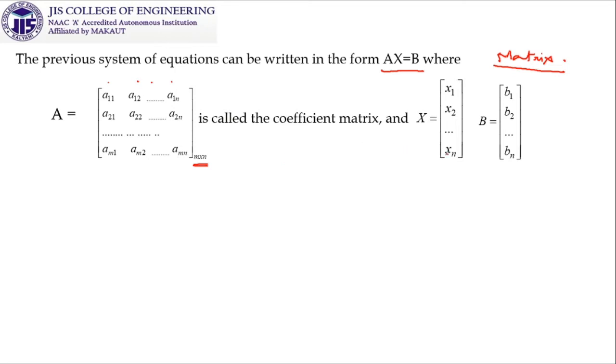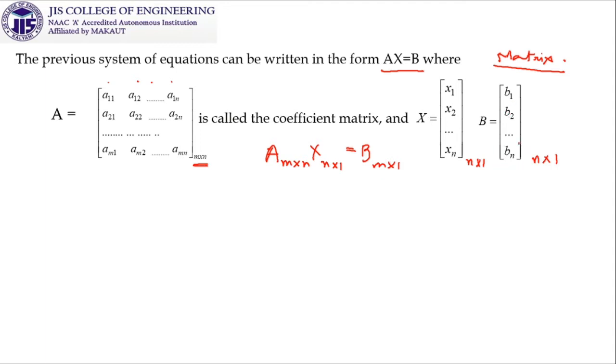So please concentrate. And x is nothing but x1, x2, up to xn. So how many rows are there? n. And how many columns are there? 1. So it is n cross 1, and obviously b is also supposed to be n cross 1. So it gives us this confidence that Ax equal to b, with A being m cross n, x being n cross 1, is equal to b, and b has to be m cross 1. So it is b1, b2 up to bn.